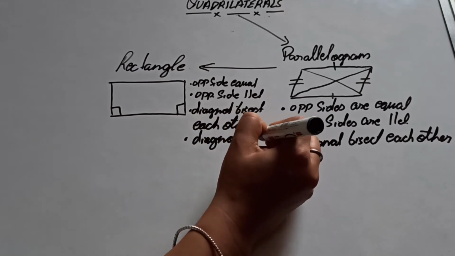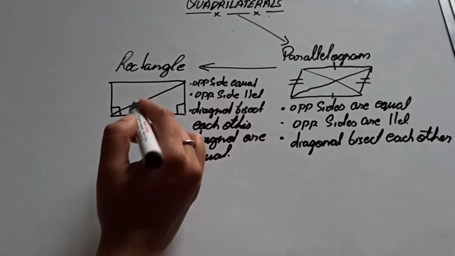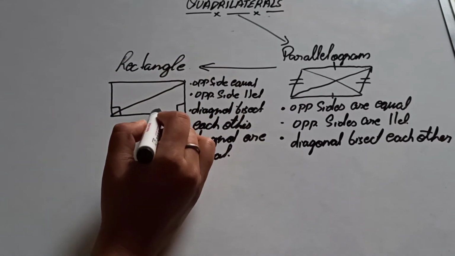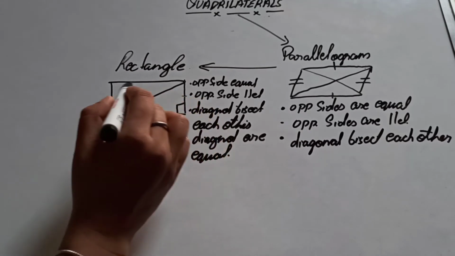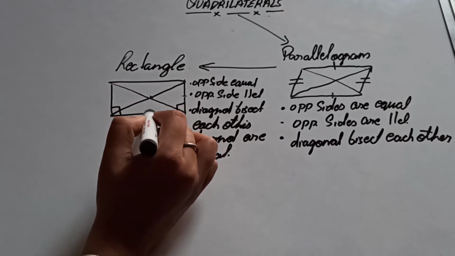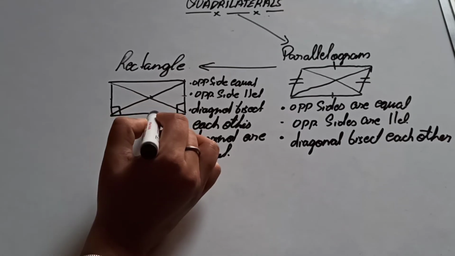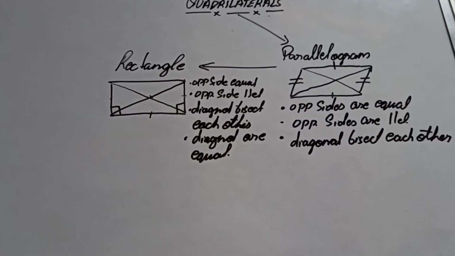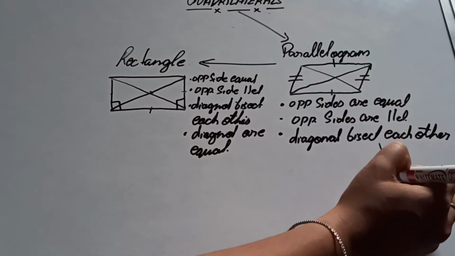If the diagonals are equal, you can justify it by thinking about this also being a diagonal. If we apply the Pythagoras theorem, perpendicular square plus base square is hypotenuse square, and if I find the value of the other diagonal, then also hypotenuse square is equal to perpendicular square plus base square. The values of the perpendicular and base remain the same because the opposite sides of a rectangle are equal. So the diagonals of a rectangle are also equal, and I have already told you that they bisect each other.